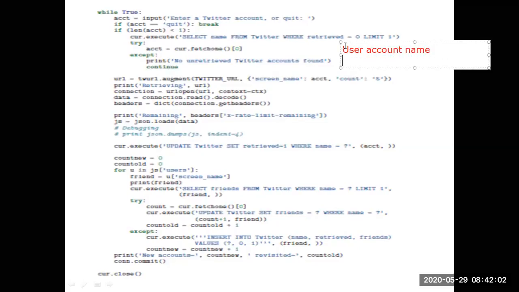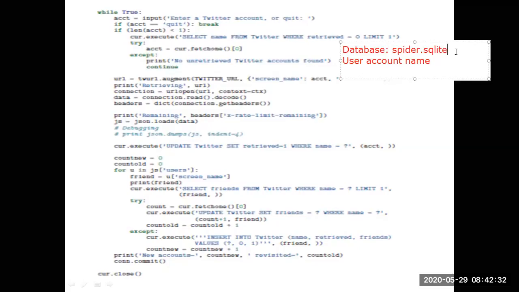And here, if you talk about the database, the database will be named spider.sqlite. So this is our database name.